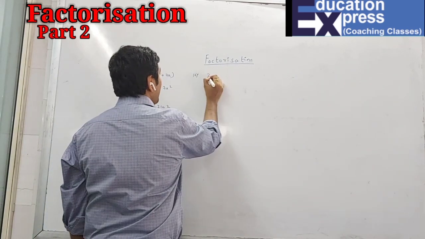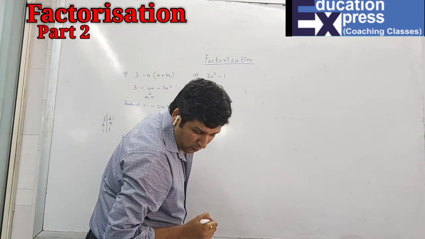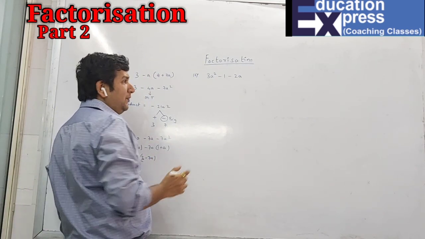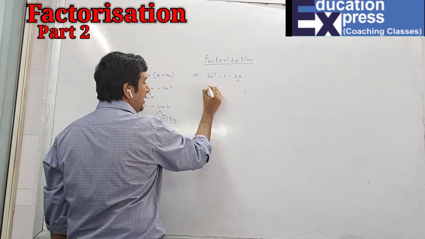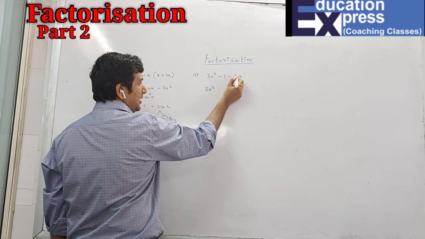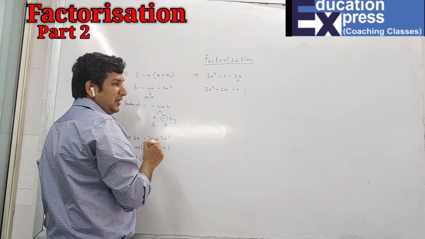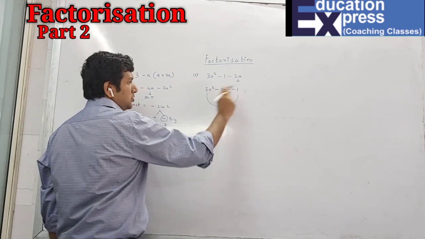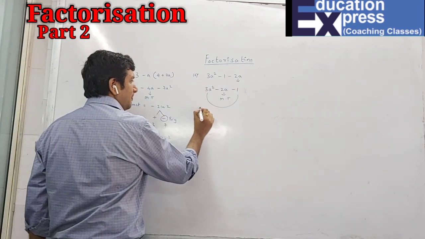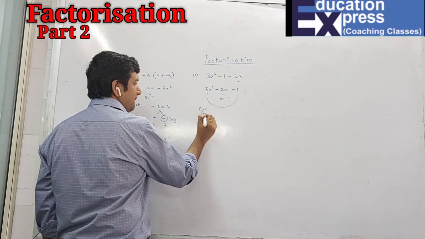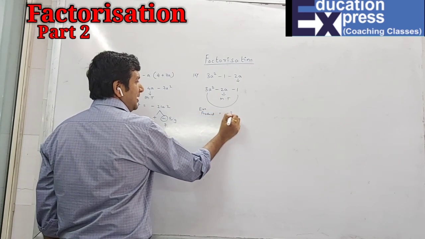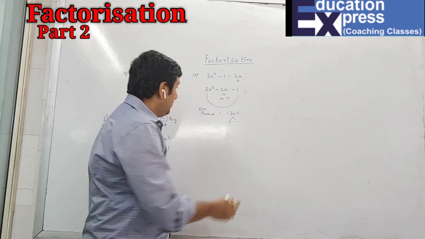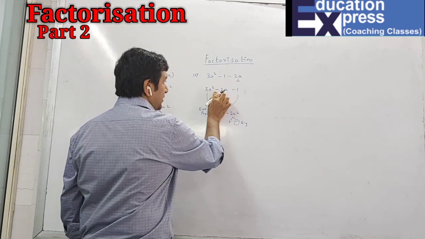So 12th sum, 3a square. I have done this sum earlier also. The only reason I am doing this sum is for the placement. You can see the middle term, the one which has the variable and the minimum power, is this, which is not in the middle. So I have to place this in the middle. So this will become something like this. And now in the normal sum, you can definitely get your middle term. The extremes product is minus 3a square. So plus minus, and you can subtract and get the middle term. The bigger number will get the negative sign because the middle term is negative.